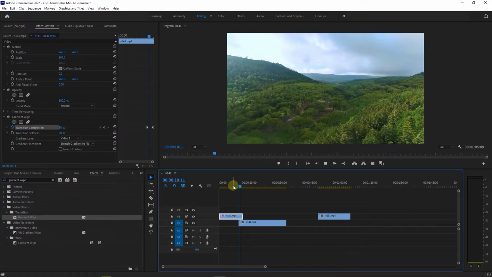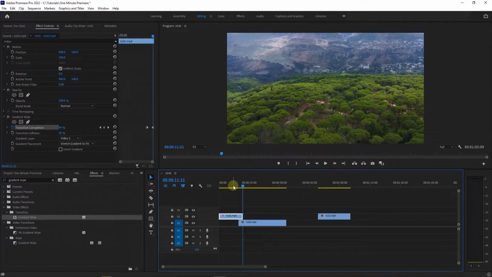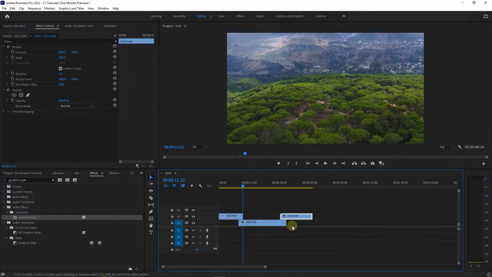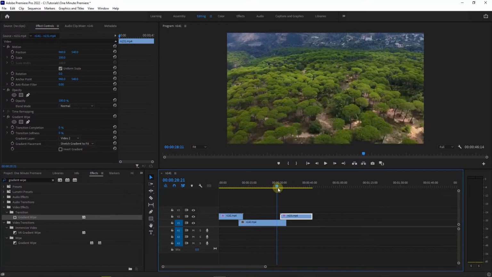It is a good LUMA fade in transition, but let's say you want to fade out instead of fade in transition. To do this, drag the third video in top track above the second video so they overlap. Drag and drop Gradient Wipe effect into your third video and select it, then move the playhead to the start